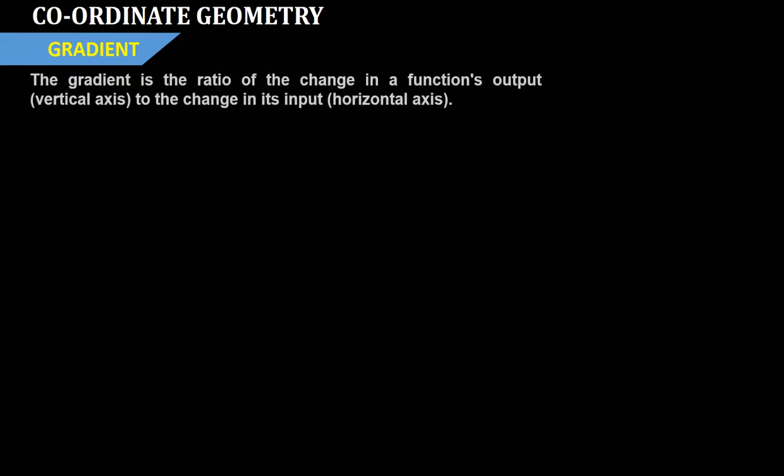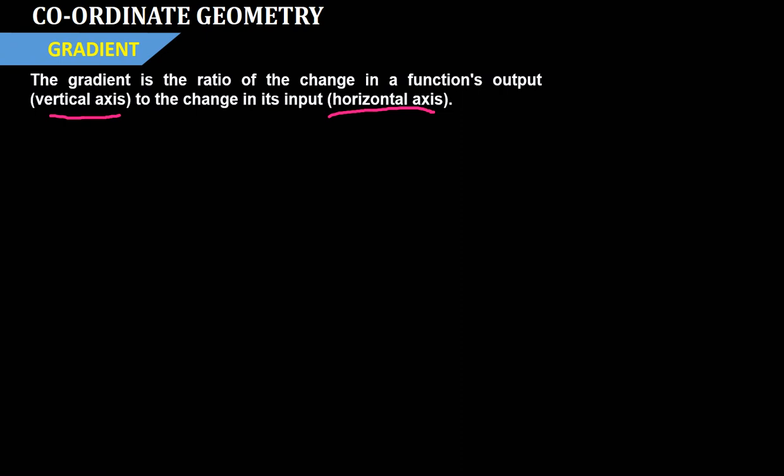So gradients, the first thing we have to talk about is the definition of this mathematical term, which is called gradient. Gradient is simply defined as the ratio of the change in the function's output to the change in its input. If you can watch what I put here, I put something here called vertical axis and this side called horizontal axis. That means gradient is just the ratio of the change in the vertical axis